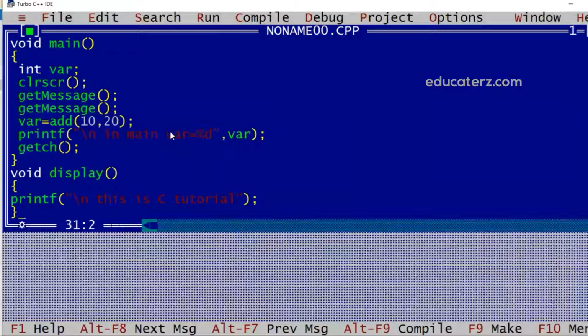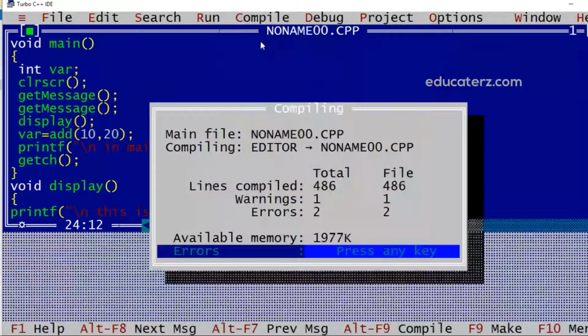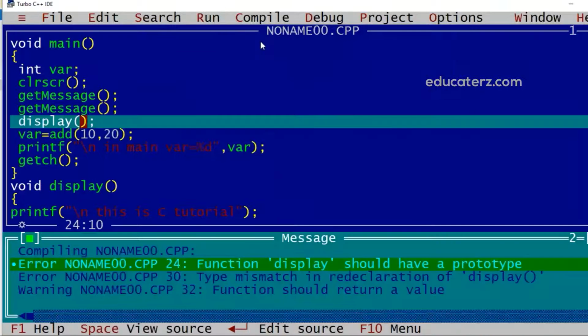Now this function is declared later, but if I try to call it over here in main and if I compile it, it will give the error because the compiler is trying to find display which is not available.